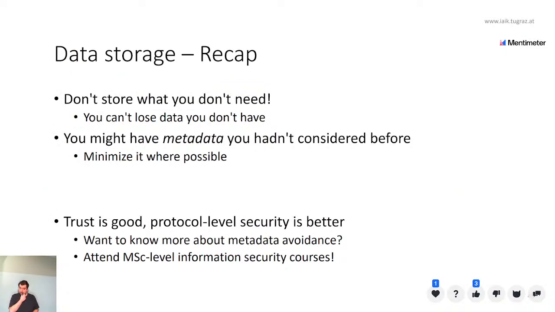Recap for data storage, a few lessons for you to take away from all of this, since we haven't really talked much about stuff you personally as a developer can do. Don't store what you don't need. That's maybe the biggest lesson. You don't need to store every little bit of data. And that is something that is antithetical to a lot of the folk wisdom that makes the rounds, especially in application developer circles,